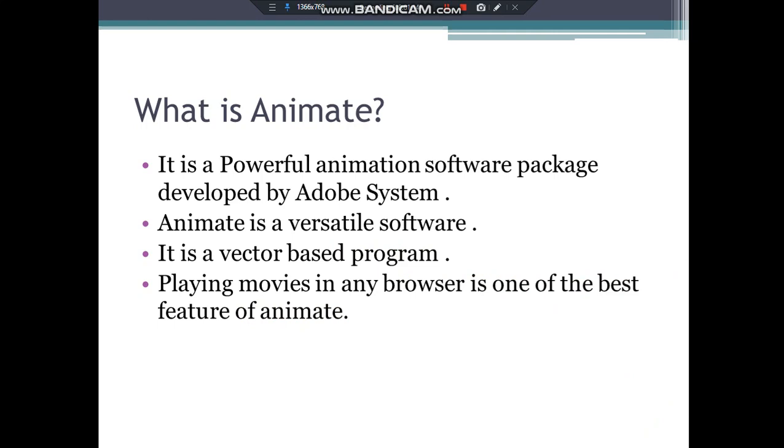The pixels will not be very clear in other software, but in Animate that problem is resolved, and there is no compromise with the quality of the picture. Playing movies in any browser is one of the best features of Animate. That's why it is more popular among the users.